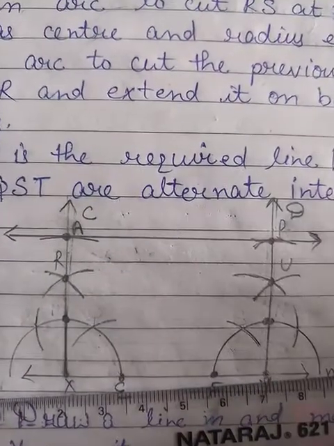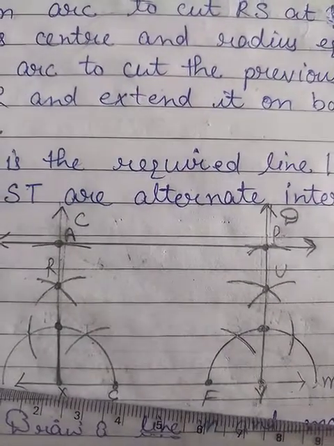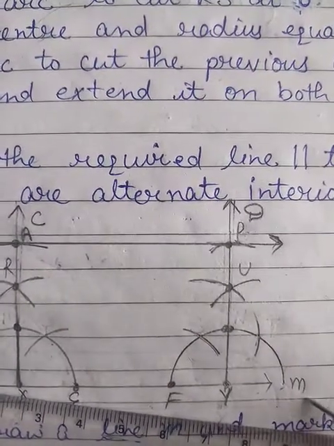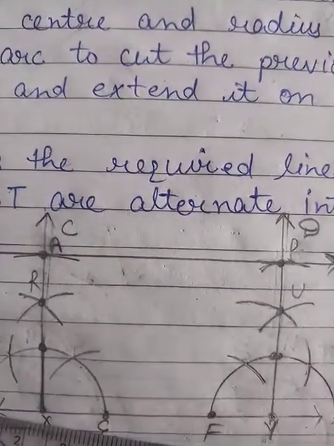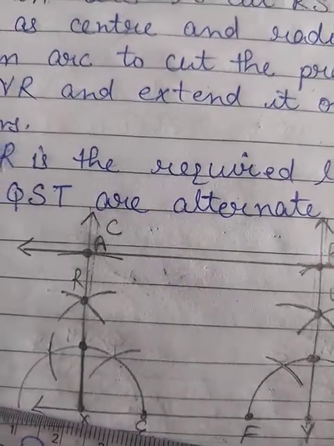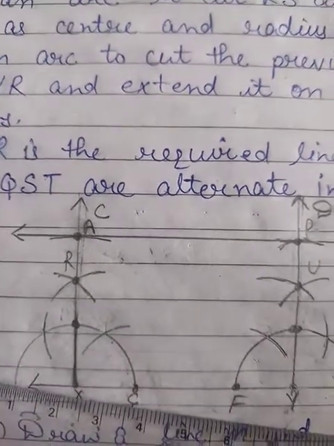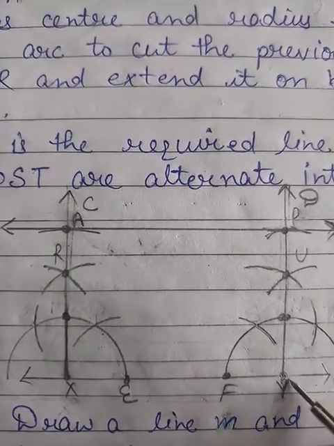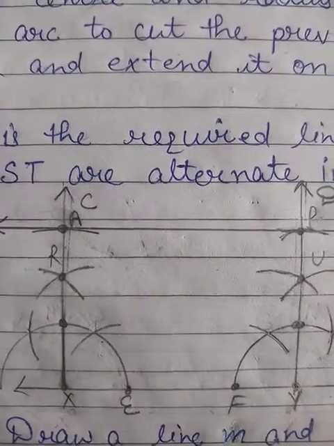You can take these point names by yourself, but the name of the line from which you are going to start should be M, because it is specified in the statement, and the new line which you make should be named AP. Means you will not change these two names, the others you can change. So now after marking the points X and Y, we need to construct an angle of 90 degrees on both points.